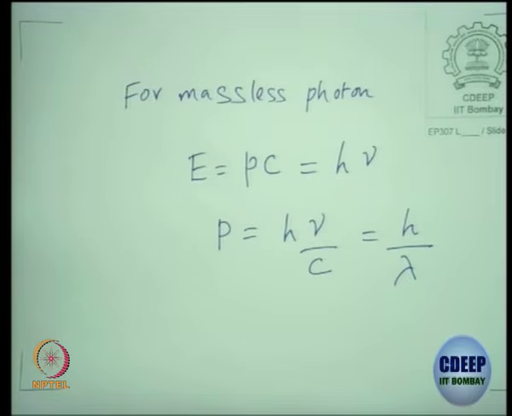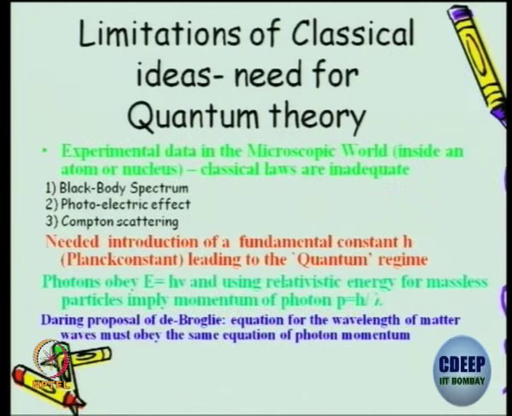So, this is what the first equation, E equal to Pc, is for the massless Einstein's energy-momentum relativistic equation, and Planck's hypothesis is E equal to h nu, from which you can show that the momentum is h over lambda. Okay, so that is what I have written here. So, what was the